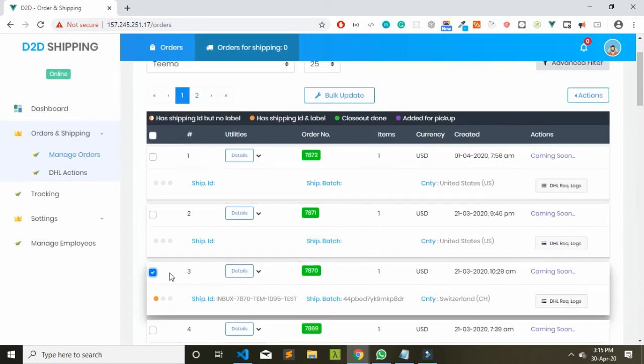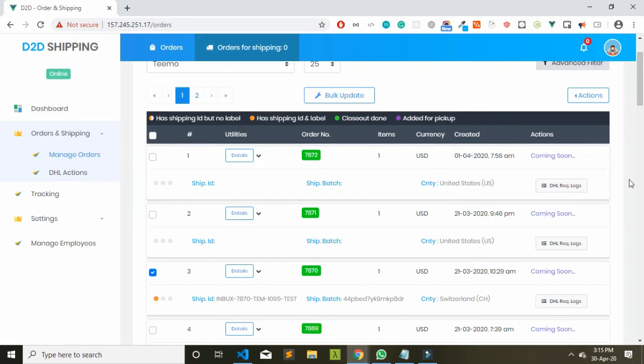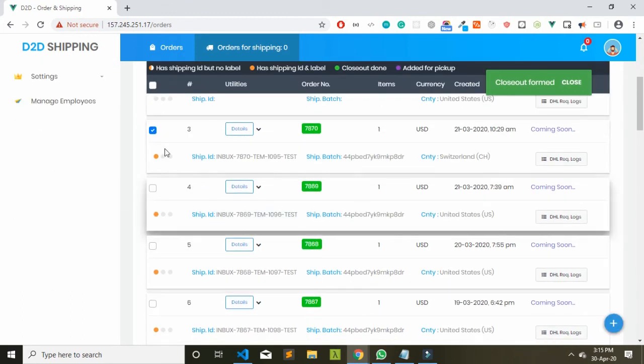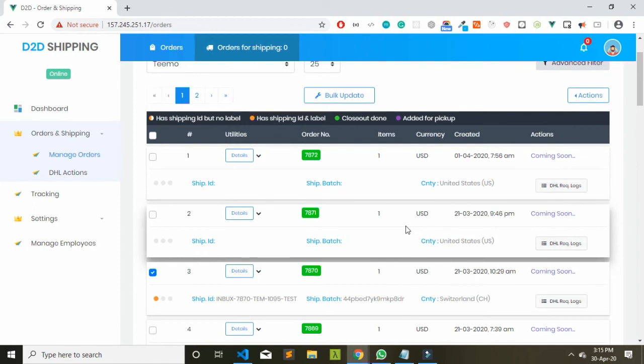So if I select one of the records and click close out shipping batch, closeout is happening right now. So closeout is formed, so that means the closeout was successful. Of course I have to put some kind of indicator, because it is hard to know if something is happening or not. So I will put that.